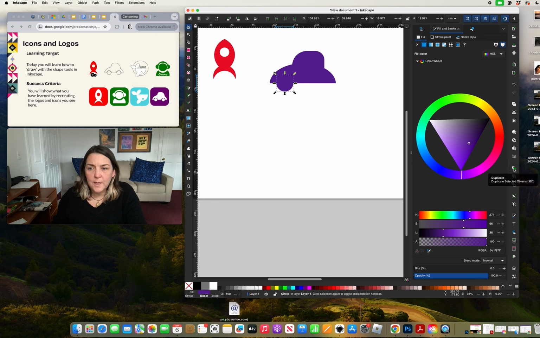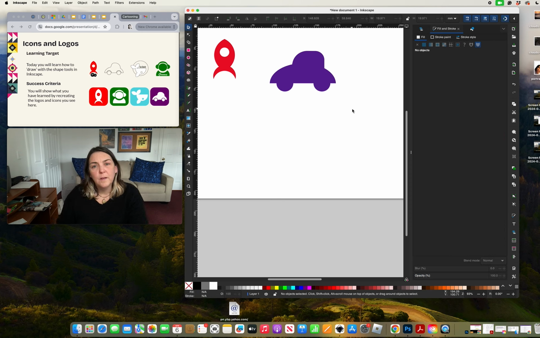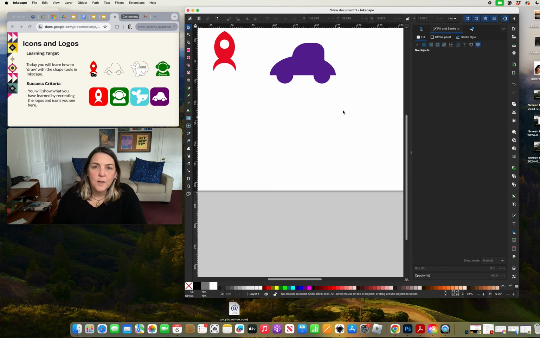You can line that up on the car. Go to your duplicate tool to duplicate that circle. Drag it over towards the back of the car. And if you have your snapping tools on, you can kind of see it will line them up nicely for you. And now we have kind of the outline of the car with the wheel shapes on the bottom,